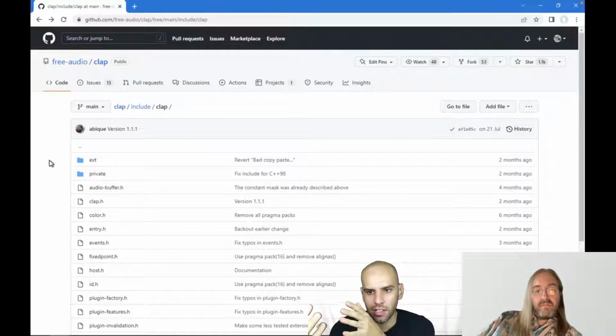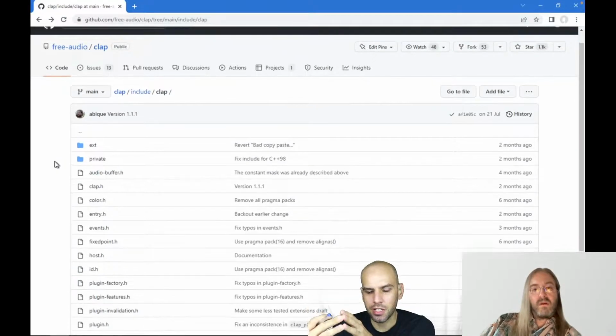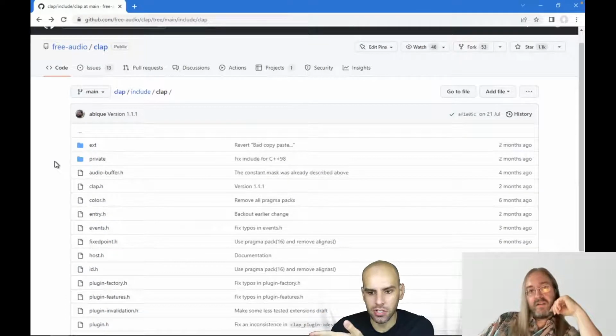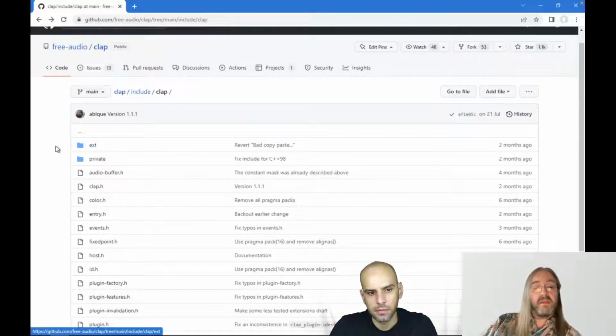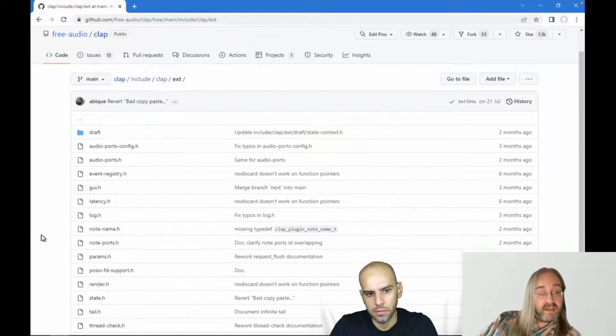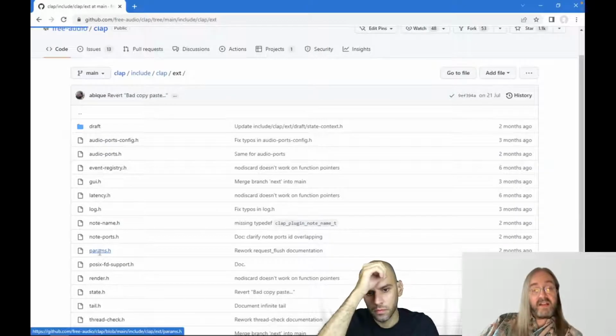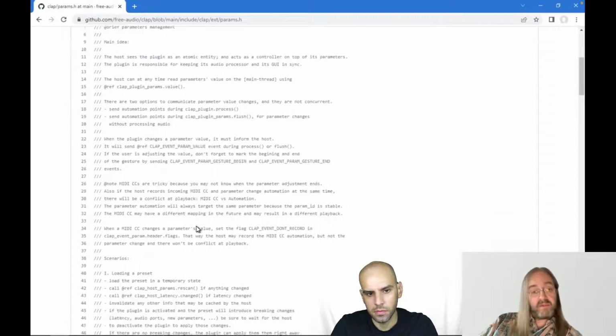It is the way that the host is going to talk to the plugin, but there is nothing to talk about without extensions. Yeah, but not exactly, because it's only the bare minimum the host and the plugin wanted to talk about. Because, for example, if you want parameters in your plugin, and you probably want that, then you have to use an extension, and the header files for that are in the ext folder. And if you look inside there are more structures, again with callbacks.